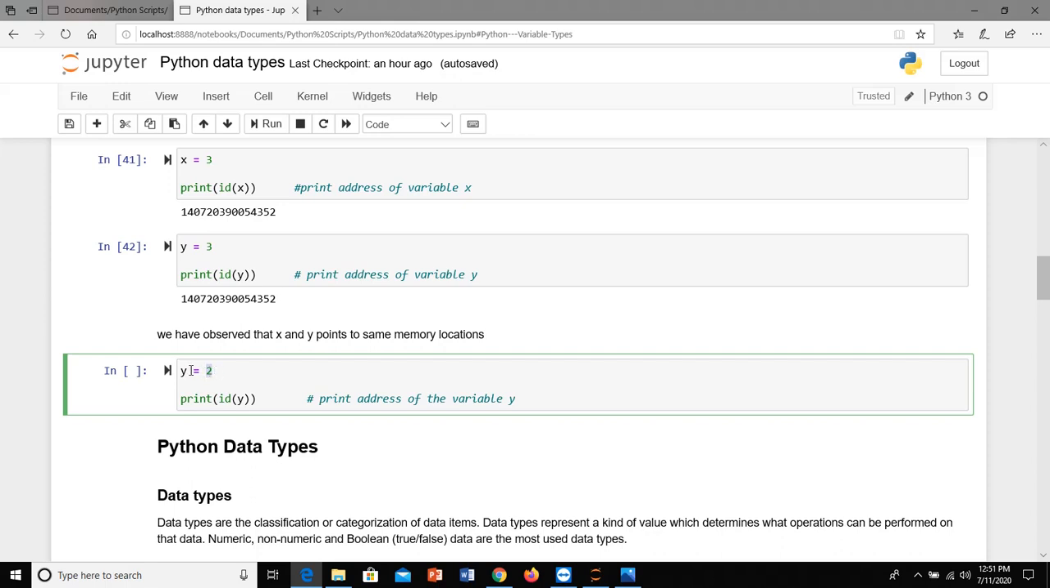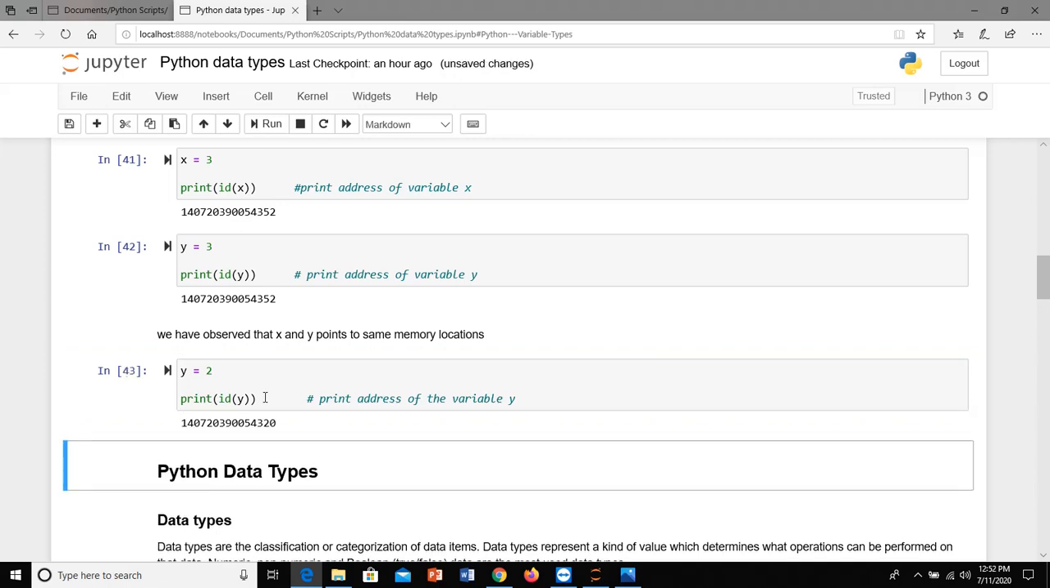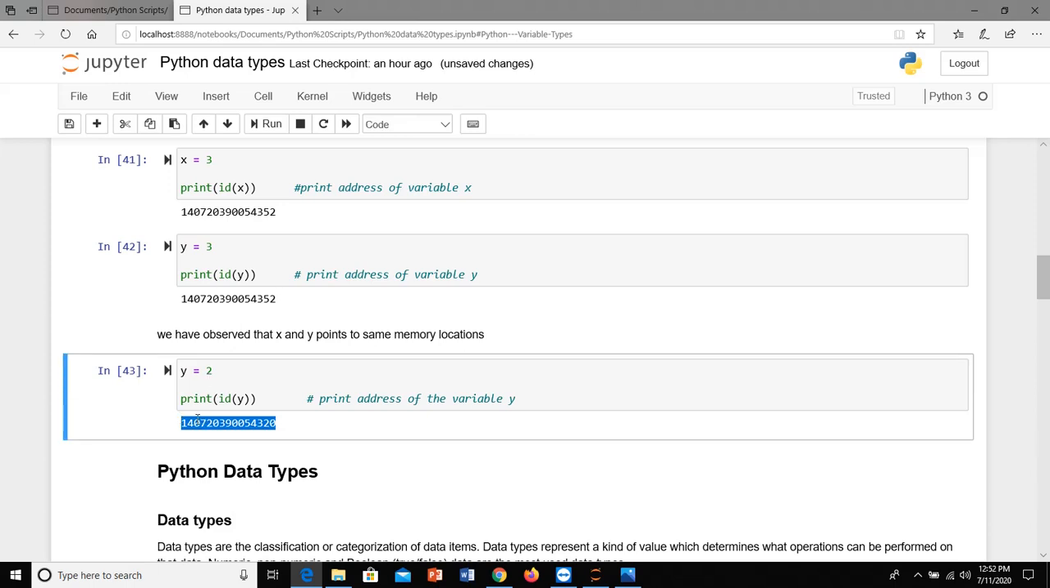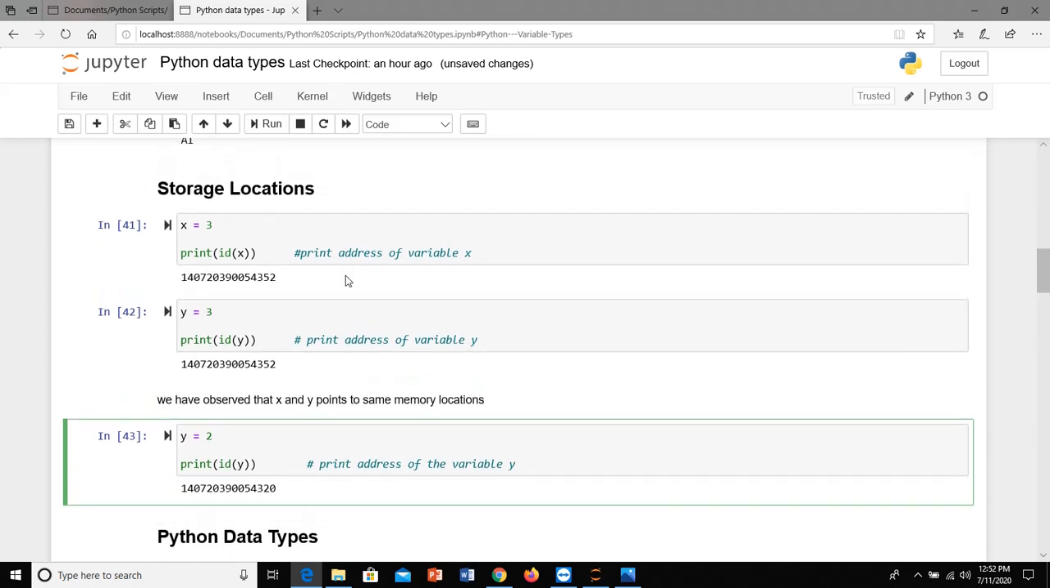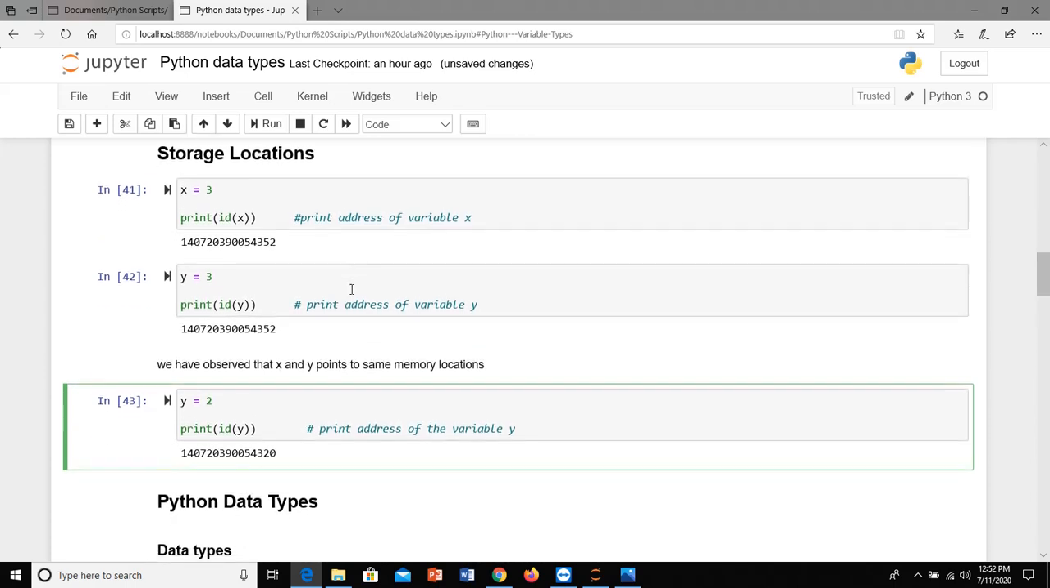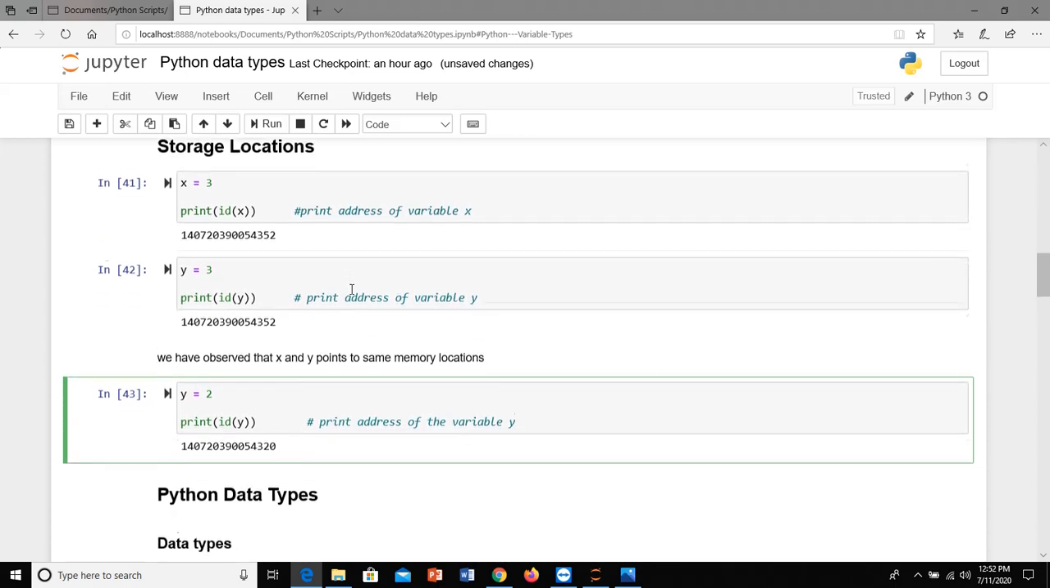the 2 to the variable y, then it will change y pointing to the memory where the 2 is stored. So the 2 is stored in some other memory, the id will be different, then the y will be pointing to the memory location of 2. So the id changes here. So this is the simple concept of how the storage location works. Okay,